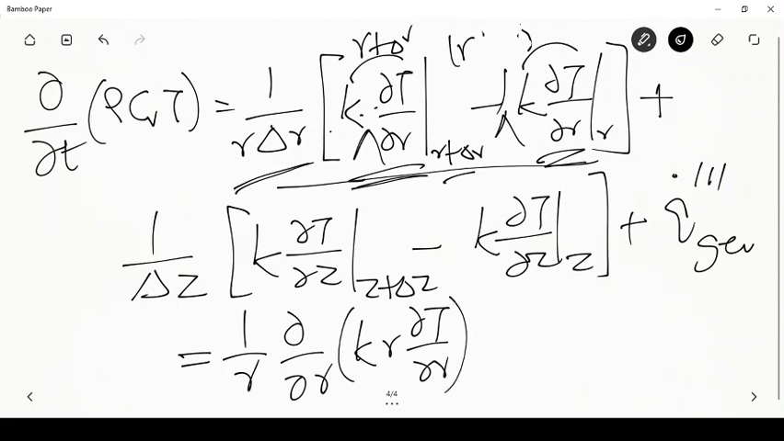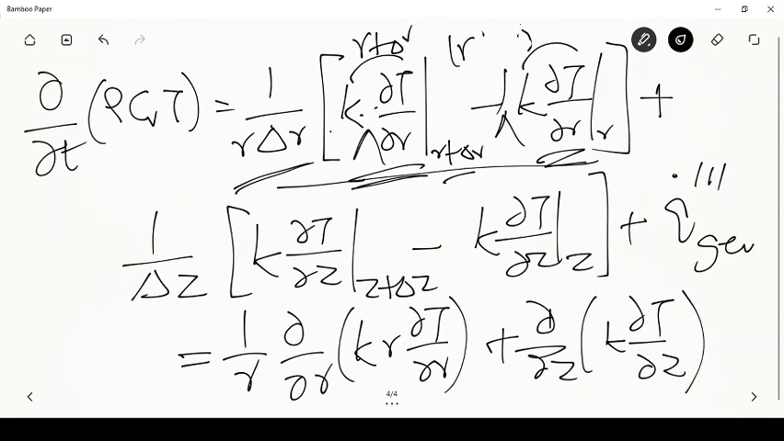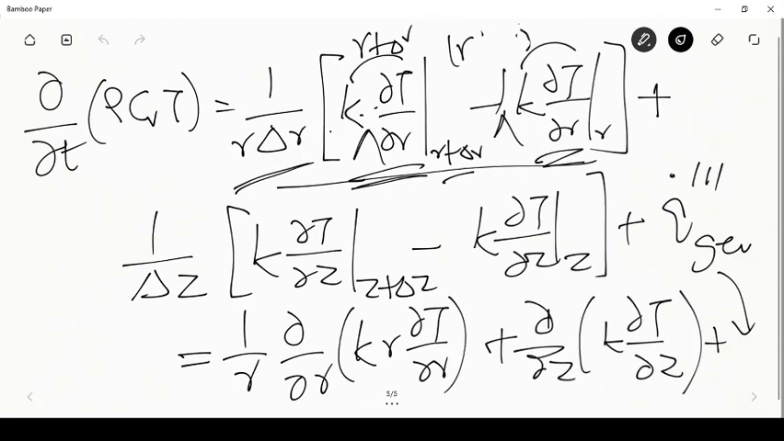Okay, plus similarly this will be 1 by del t by del z of k del t by del z plus this term. So this is your equation. So the final equation, we can write it cleanly on the next page. So this becomes